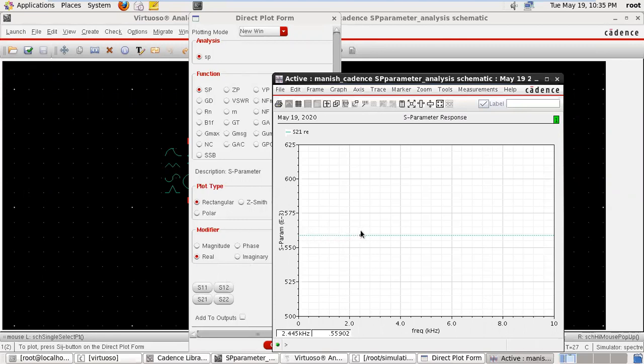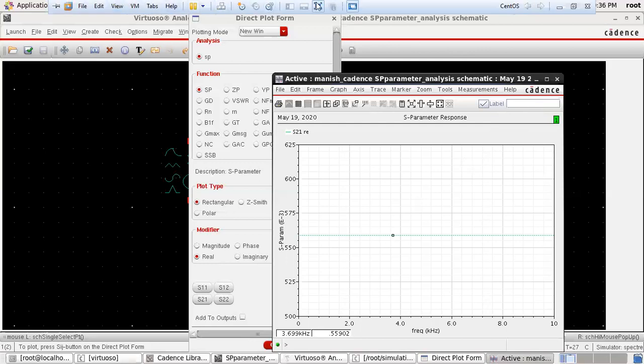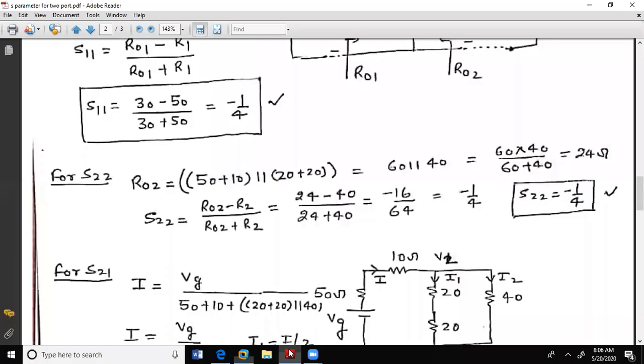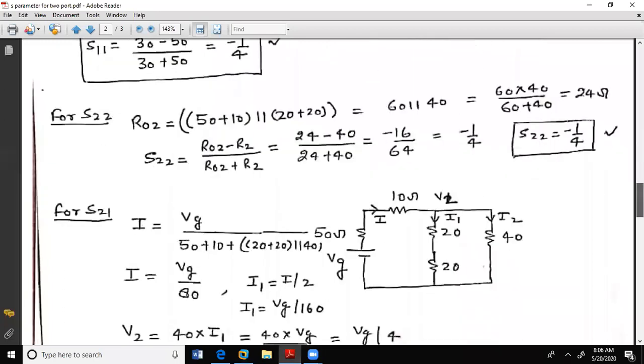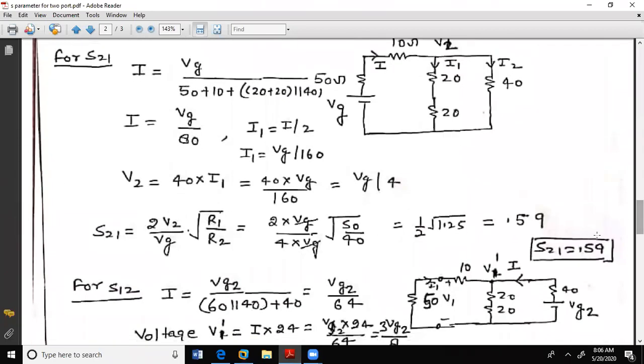So the value of my impedance is 0.559. Now we are seeing the theoretical value, what my theoretical value of the result is. So when we are calculating S21, this is point